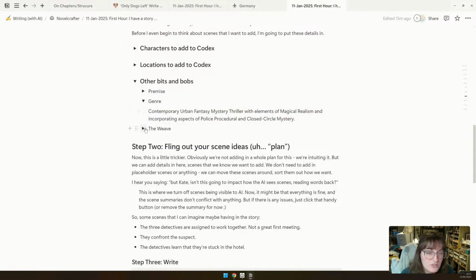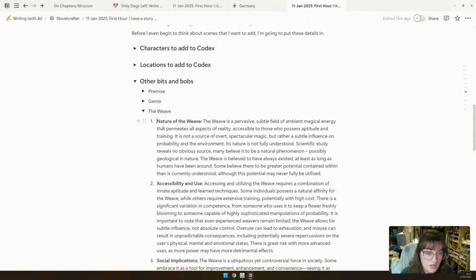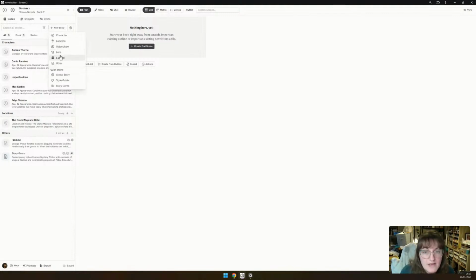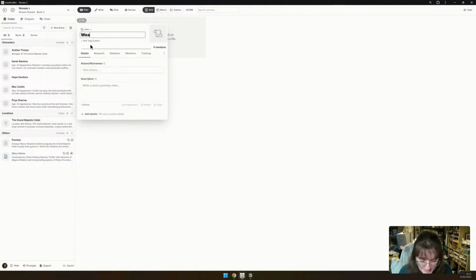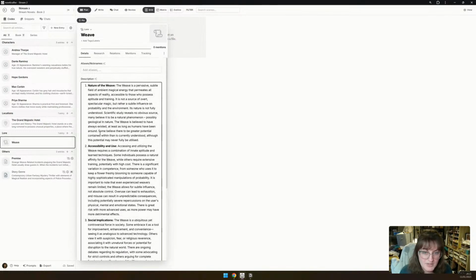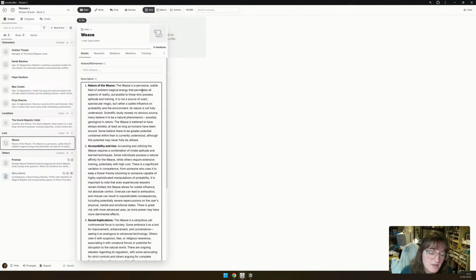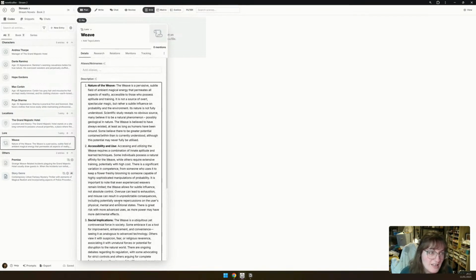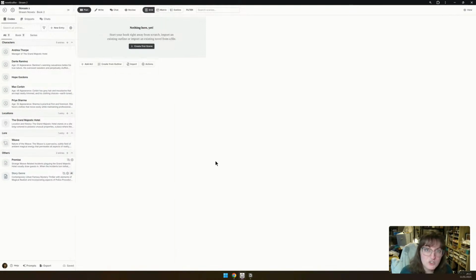And then I'm finally going to do a lore article on the weave, which again was something that we worked on a bit last time. This is the equivalent of if you've got a magic system, you might be like, okay, this is the stuff I know. You could very easily put each of these aspects in as details. You could have them as different codex entries, especially if you started giving more information. You might want sub-entries with parents, but for now, we've not got too much. We've got a fair amount, but it's not overwhelming. So we're just going to put it in one codex entry and see how things go.